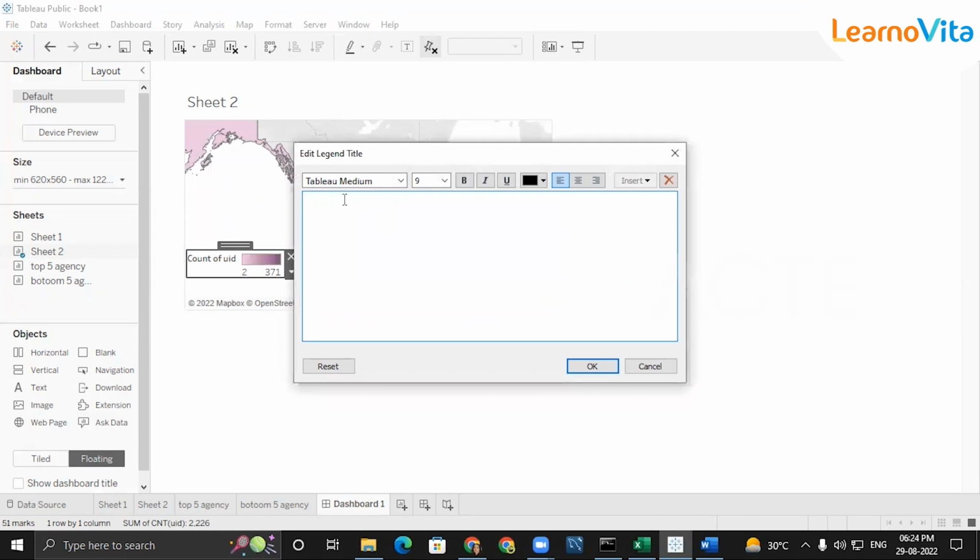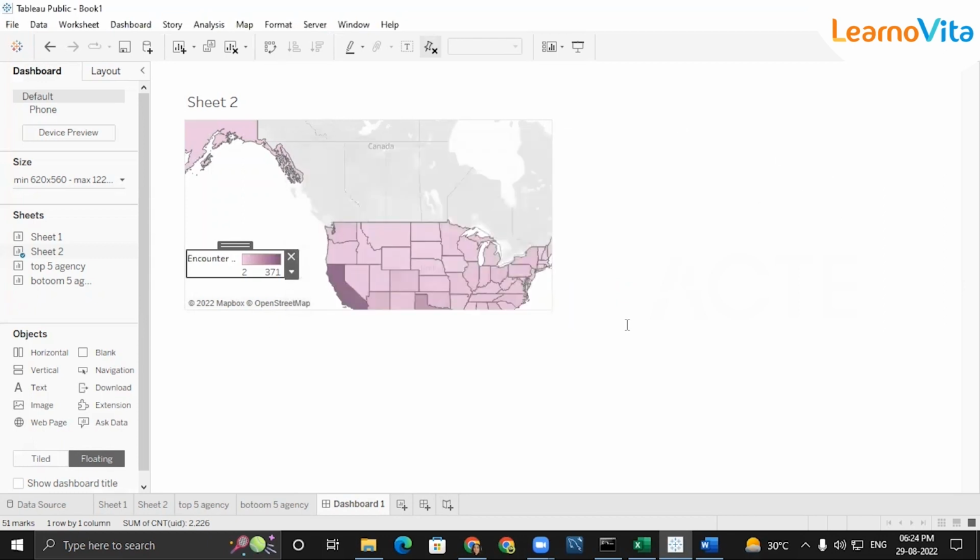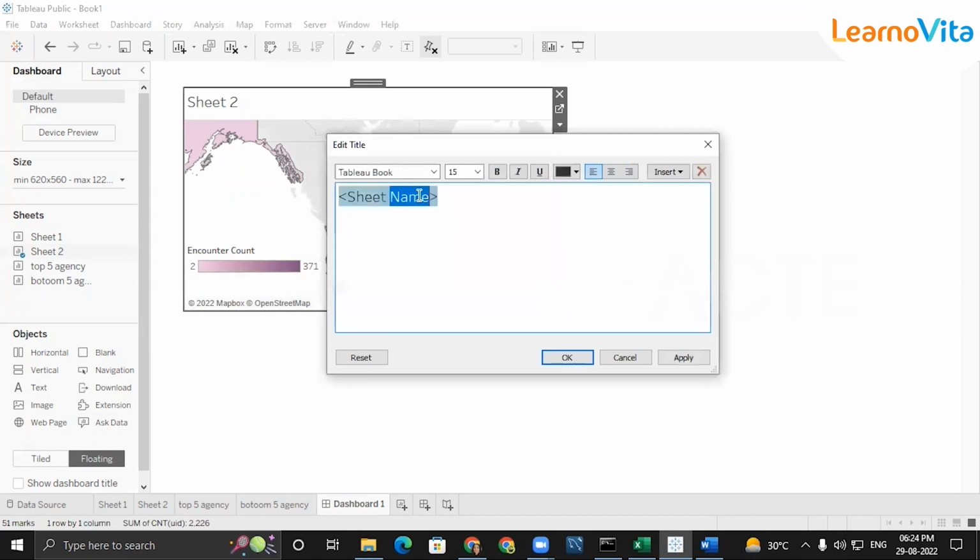I don't want count of encounter. I want maybe encounter count. Okay, that will do, encounter count, and I just need to increase it a bit. And I don't want sheet number two. I wanted to name this sheet as well. It's like maybe country wise encounter, right? Country wise encounter. Okay, now I can easily